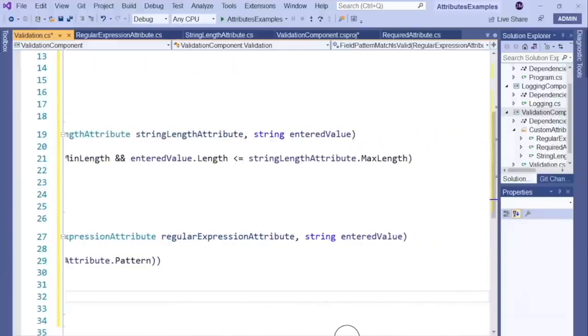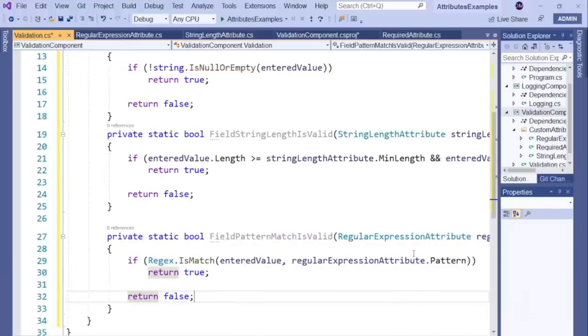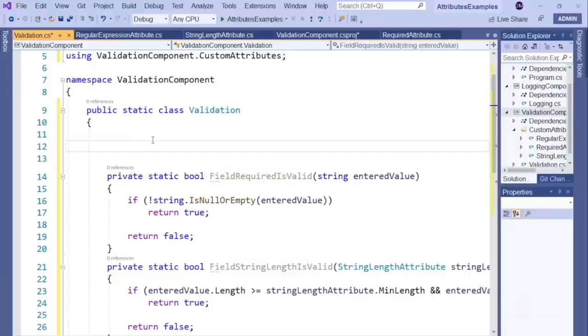Okay, so we have now implemented the validation logic that corresponds to our custom attributes. Let's create a public static method named propertyValueIsValid that returns a Boolean value. This method is responsible for calling validation code that is relevant to a specific program element and a user inputted value. The validation code executed is determined by the custom attributes that have been declared against the relevant program